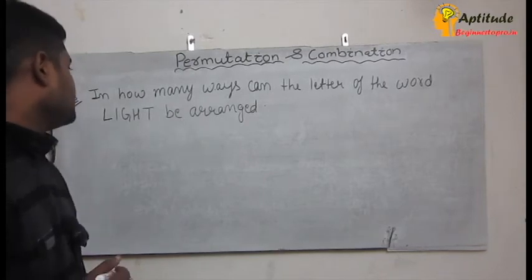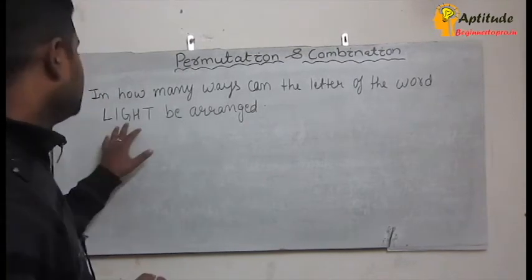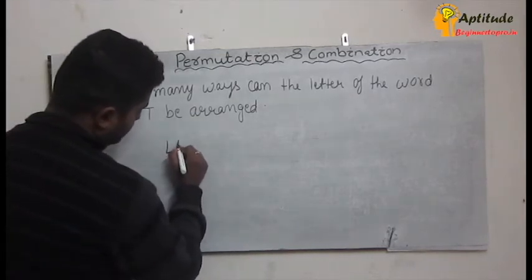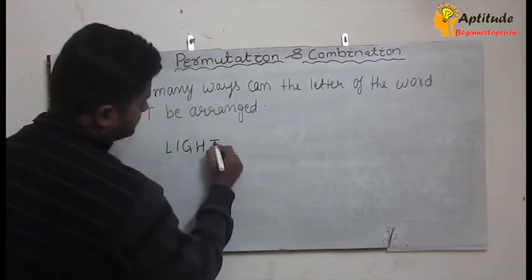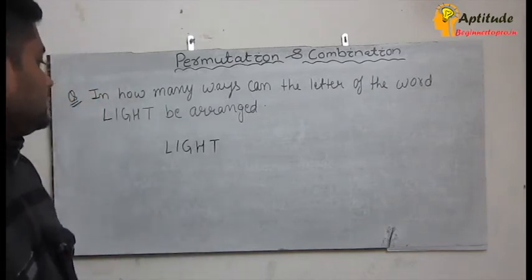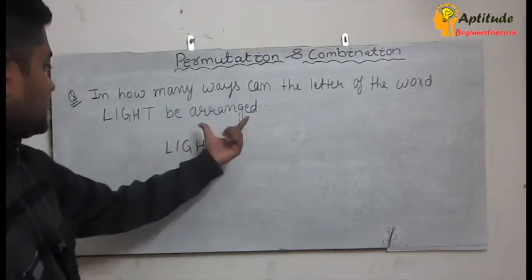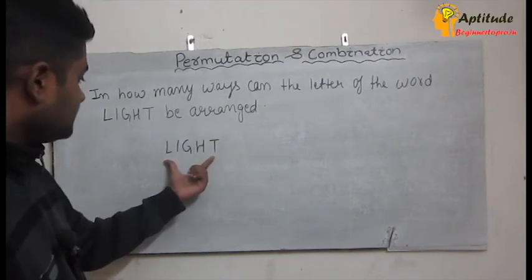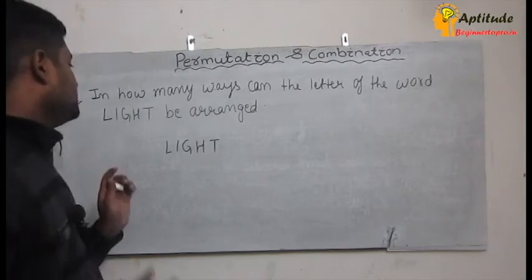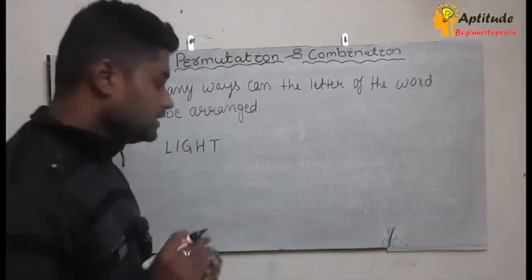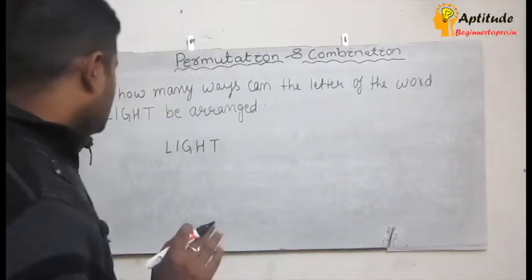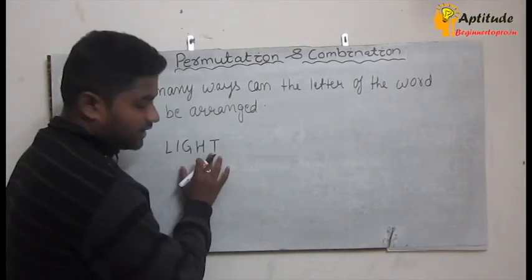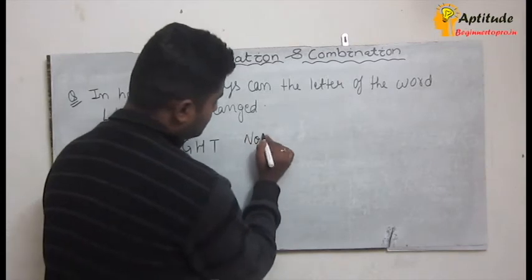The first question says, in how many ways can the letters of the word light be arranged? Here the word is nothing but light, L-I-G-H-T. Okay. See, as the question says, to arrange the word light means we need to find permutation. We will use the concept of permutation. Here, how many characters are there? 1, 2, 3, 4, 5. So number of characters